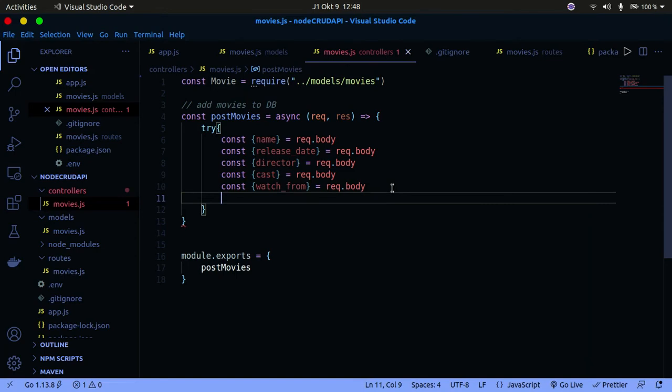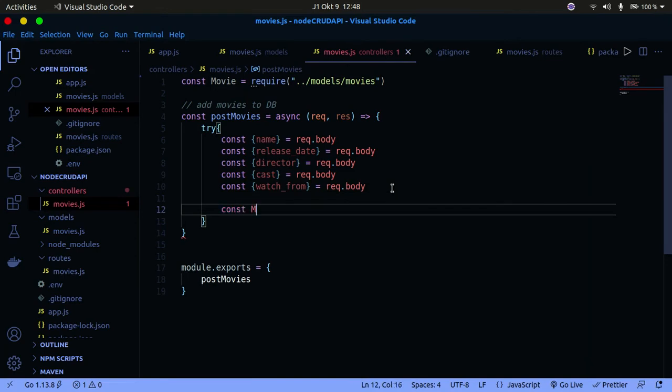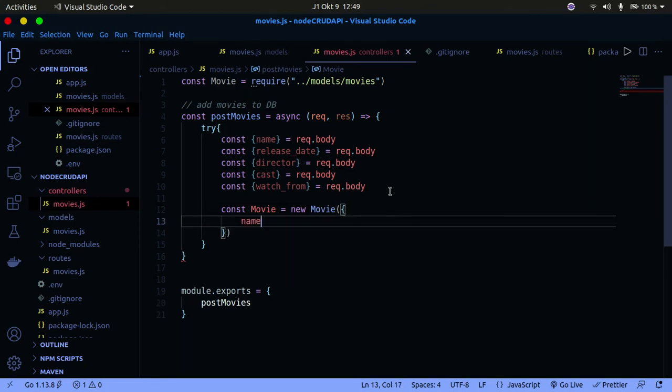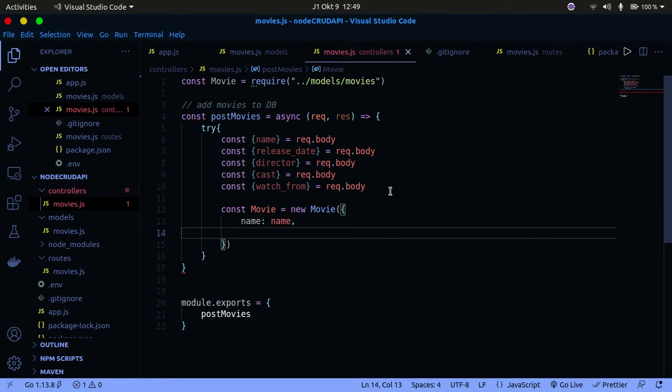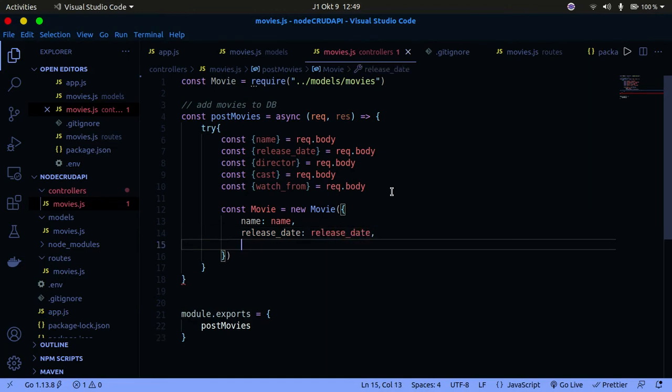So now that we have that, what we're going to do is create a variable, we'll call it movie, and this is going to be a new movie object. So it's going to be new, and then you're going to pass in the object here. You're going to pass in the name, which is of type name, then the release_date, and this is going to be the release_date, and then you're going to pass in the director,